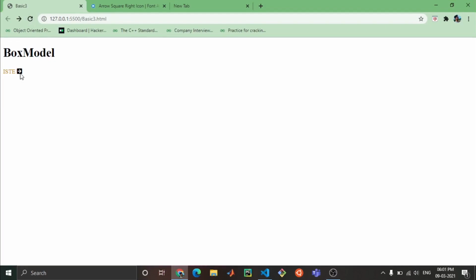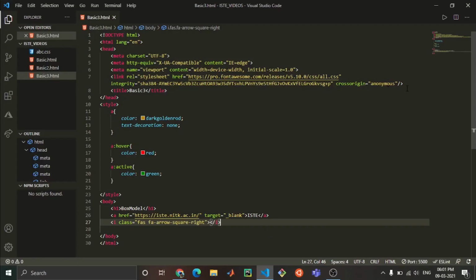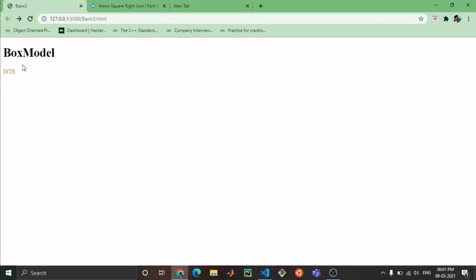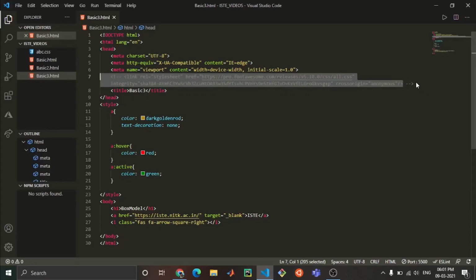Now if you want, then this link should not be there. Why I have used this link, you can comment this out, save your file, go to your browser, and you can see that the tab icon is not there. So that is the main significance of this link, because from here only it is extracting all the icons. From here only it is taking the permission that it should work or not. Okay, fine.